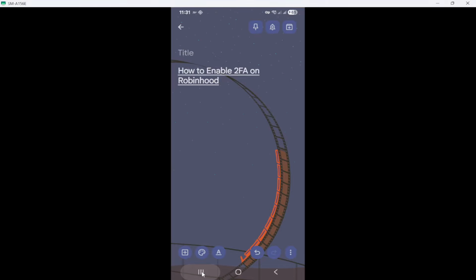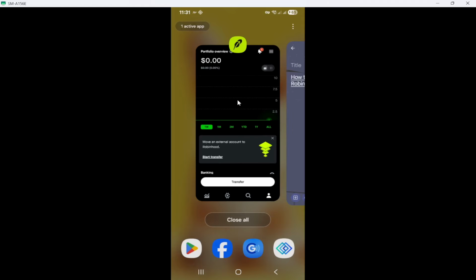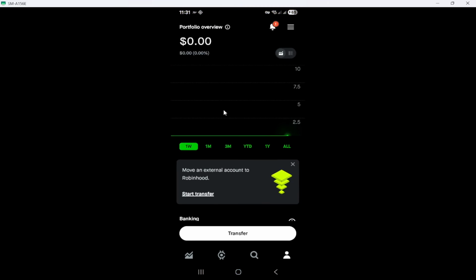First things first, let's explore how you can manage the SMS number or device used for verification. Start by tapping on your account. You can find the person icon in the bottom right corner of your screen. This icon is your gateway to all your account settings and personal preferences. Once you're there, it's time to move on to the next step.